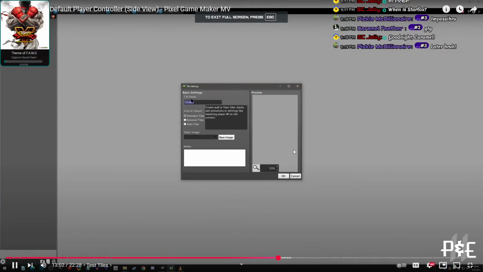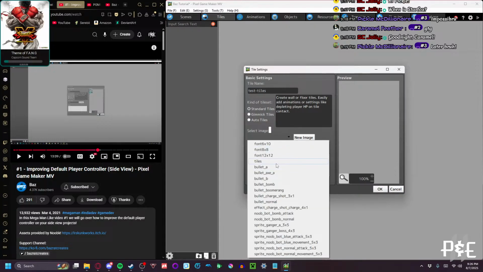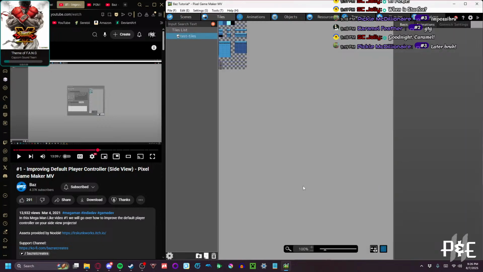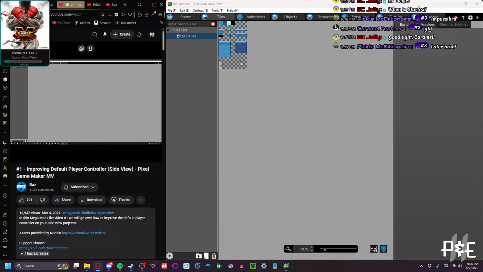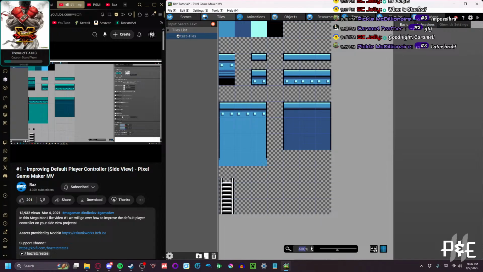Some people might be watching that don't know about this. So I'm just going to do some test tiles for right now, and we'll bring in those tiles. Test tiles. Okay. Click OK. And I'll just use these ones for right now. So I'm going to highlight multiple of these ones, and I'm going to give it a